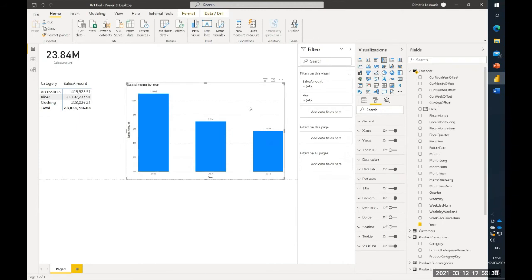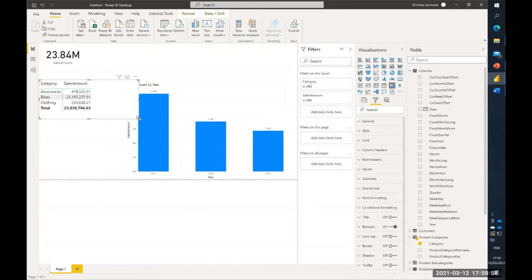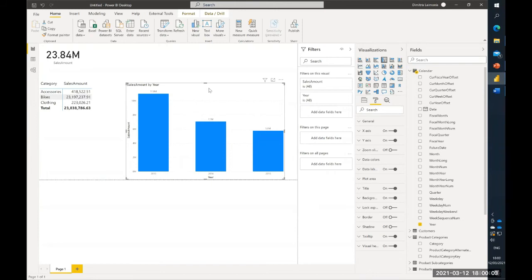Okay guys, so now, when you're flying on an airplane, they say we're going to experience a little bit of turbulence, so fasten your seatbelts. So look what I'm going to do now to realize how powerful this tool is. I have just very simple visuals. I have one card visual that has the total sales. I have a matrix visual with sales by category of products. And then I have a bar chart with annual sales for the years that I have in the data. So what I'm going to do now is go back to the source,